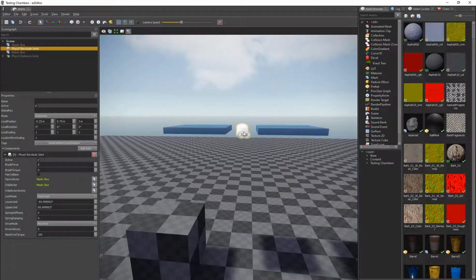In this tutorial I will show how to use the ChildActorAnchor property of physics joints. I have two rigid bodies that I want to link with a revolute joint. And I have set the hard limit of the revolute joint to plus and minus 70 degrees. That means if I simulate it, the attached actor is allowed to rotate up to 70 degrees from the start